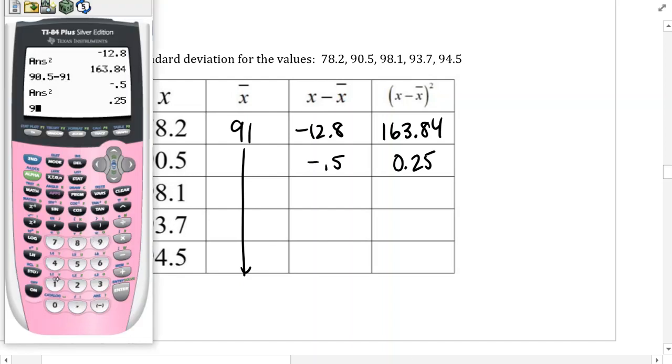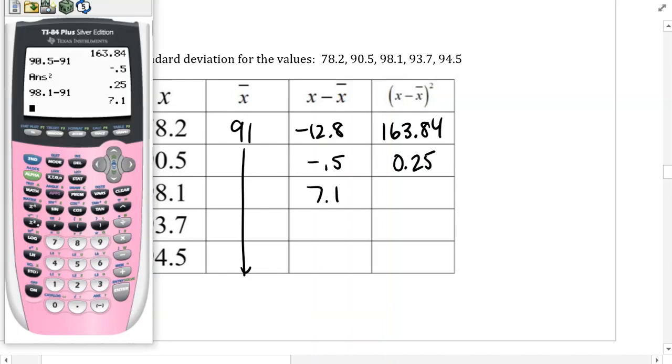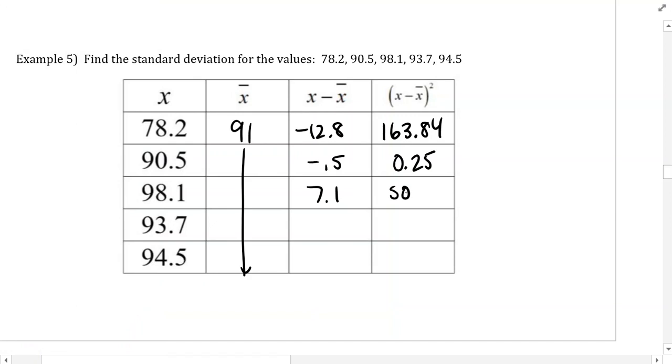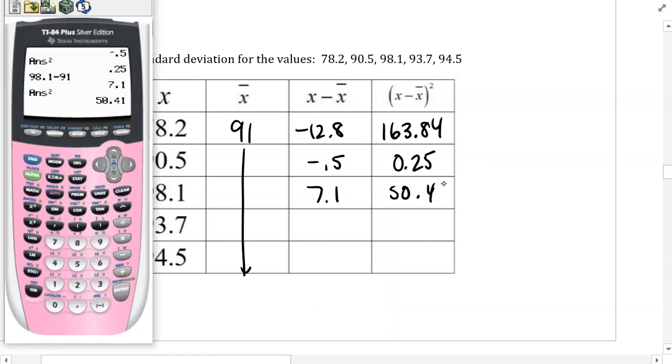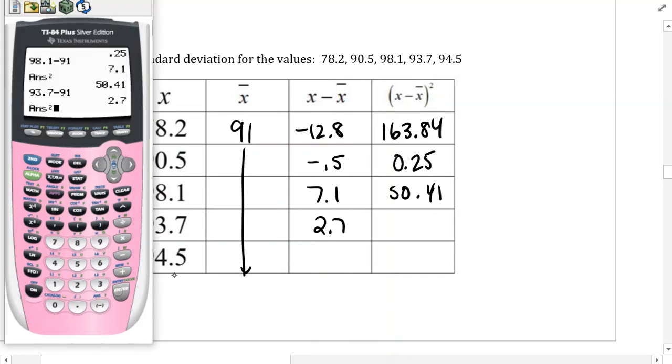Then 98.1 minus the 91, 7.1. And then I square it. You can see how the ones that are further away have these larger numbers. That's creating our standard deviation to be a larger number, which is why when the standard deviation is high, it tells me my values are really spread. 2.7, and that's going to be 7.29,